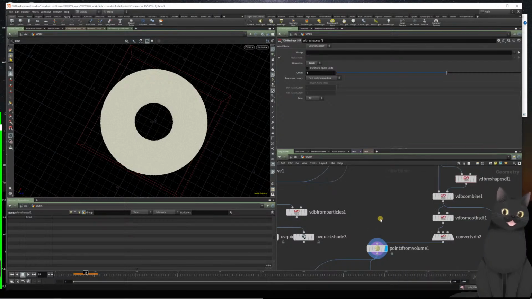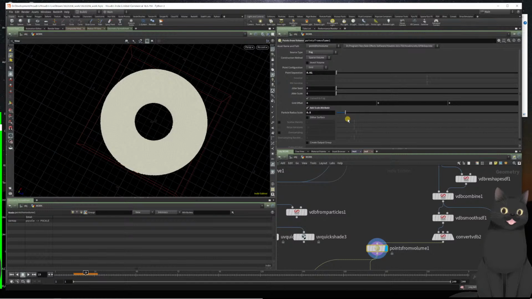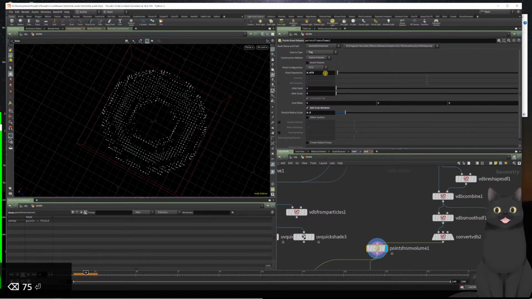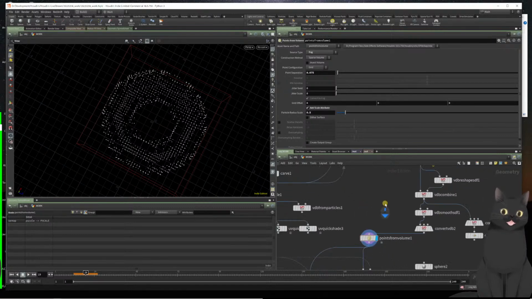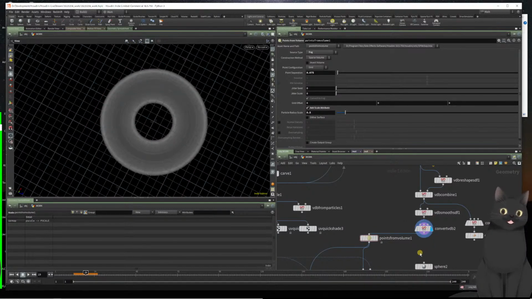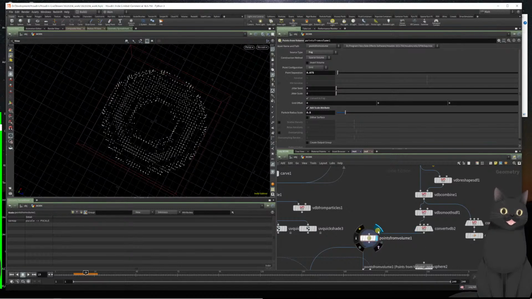So I could even go a bit lower in point separation. I don't know why it's still having trouble. Let me